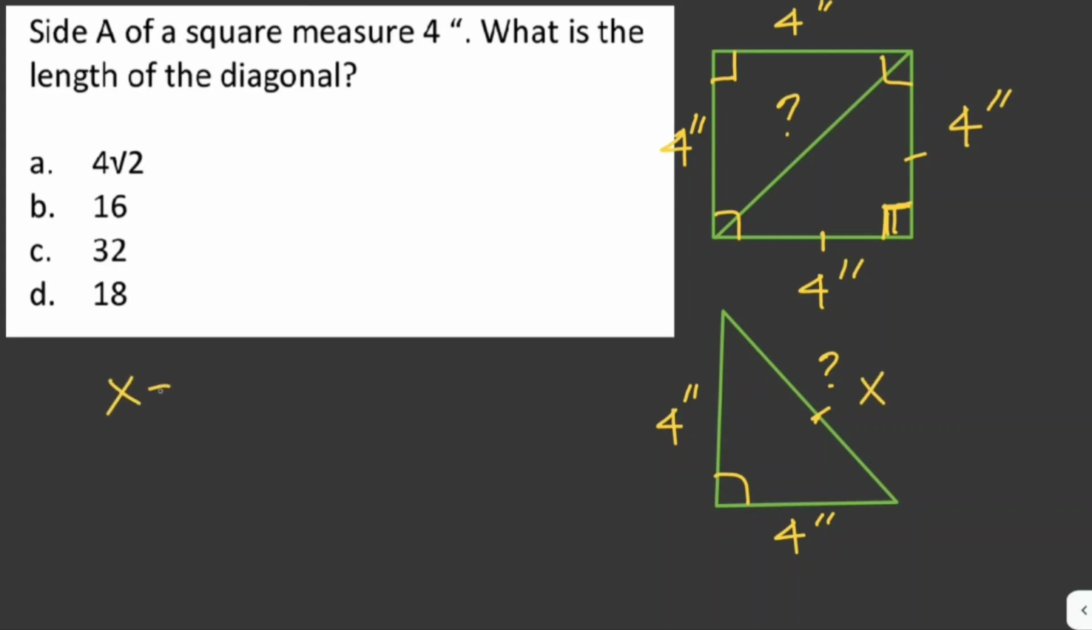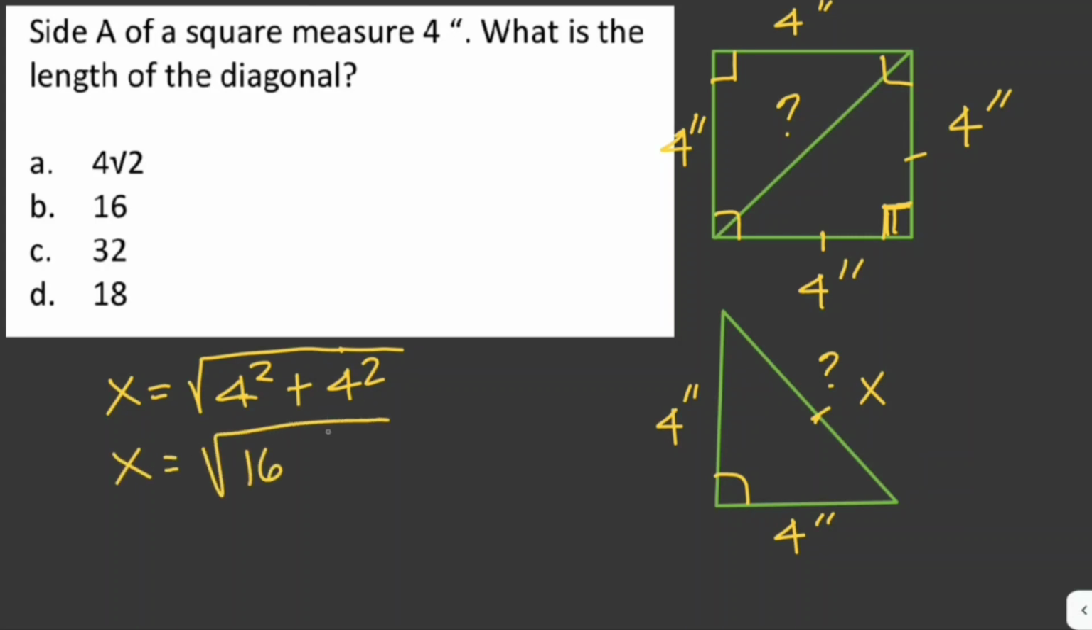So x is just equal to the square root of 4 squared plus 4 squared. The hypotenuse is equal to the square root of the sum of the squares of the two legs. So 4 squared is equal to 16, plus 16. x is equal to the square root of 32, and 32 can be written as